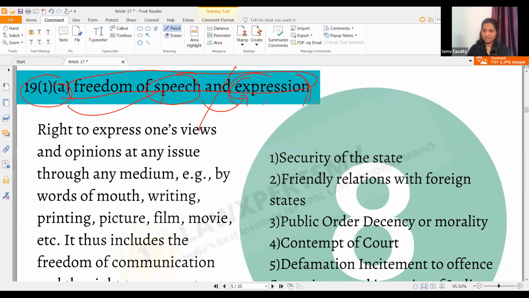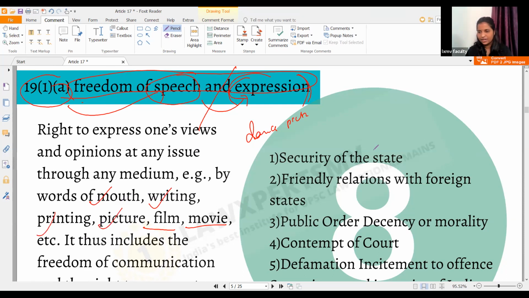So, when you're talking about expression, it includes a film, a movie, a dance, a picture, choreography, anything for that matter. So, it is wide enough to cover any human conduct for that nature. Okay. So now we know this speech is not only confined about the form, it is also talking about a lot of mediums. Speaking online, speaking face to face, speaking before a lot of crowd, like doing an act in a cinema theater. So any form or medium it may be, like from mouth or writing or printing or picture,